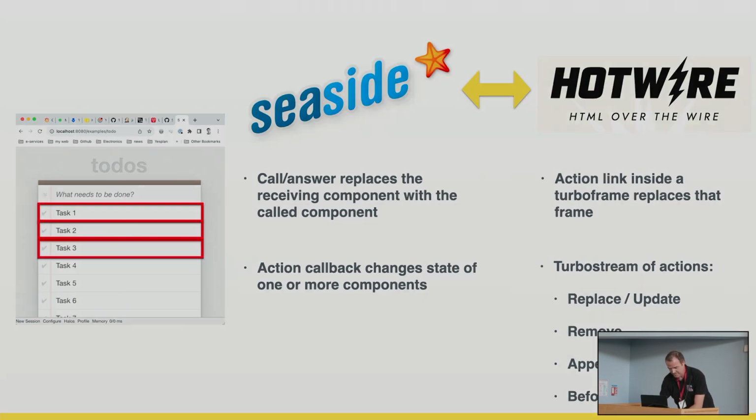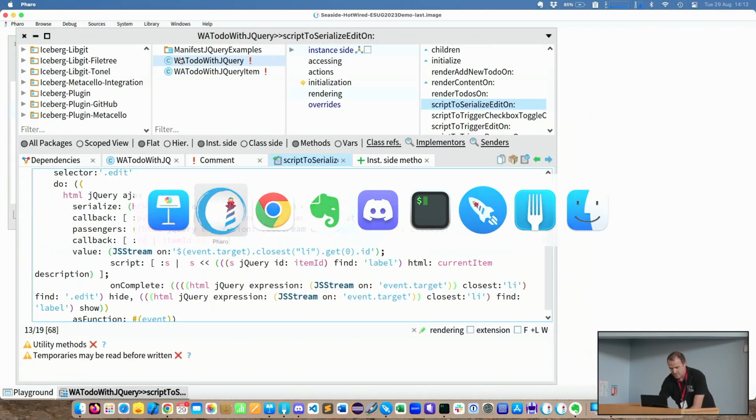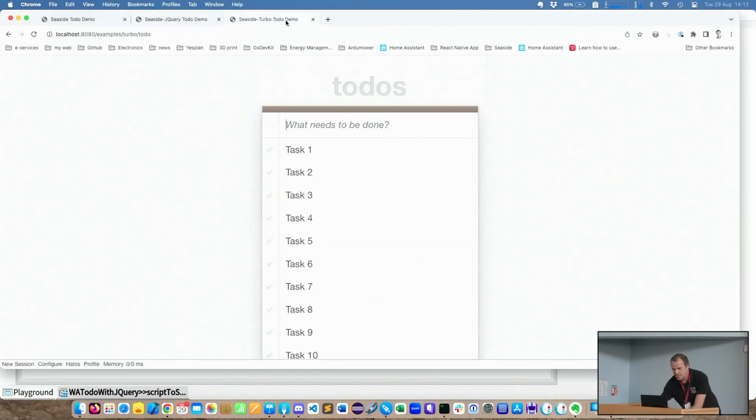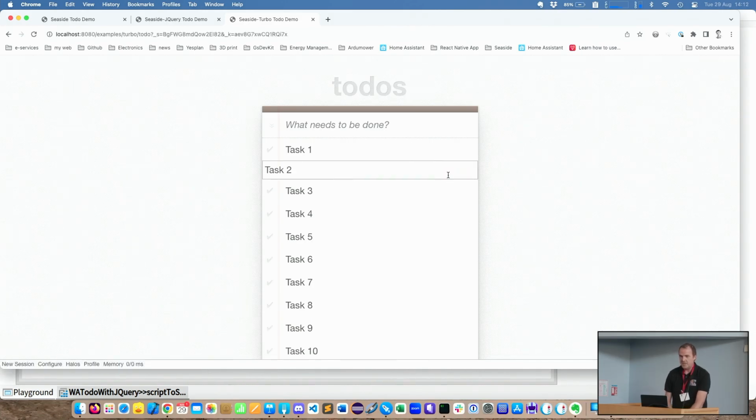Okay. So this is then the implementation of the to-do application using Seaside Hotwired, or the Turbo part. And for demonstration purposes, I haven't done only the double click, but if I click here on edit, it's actually doing the replacement of this single frame. And of course,